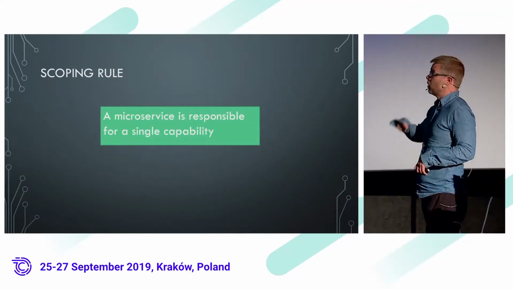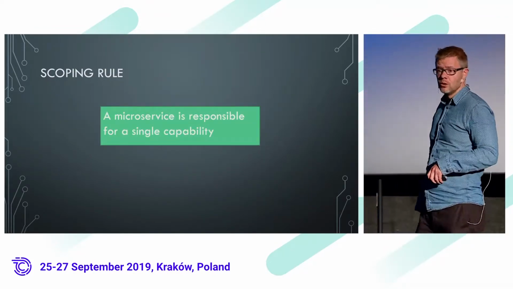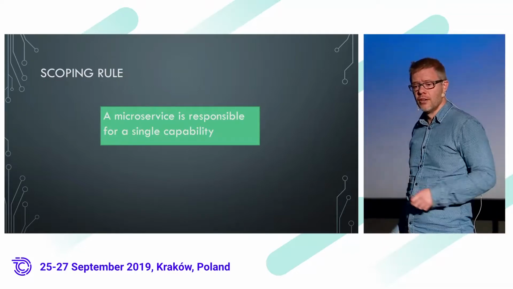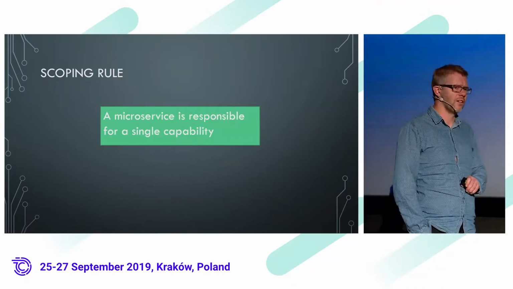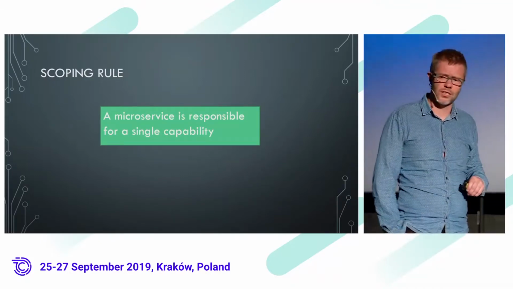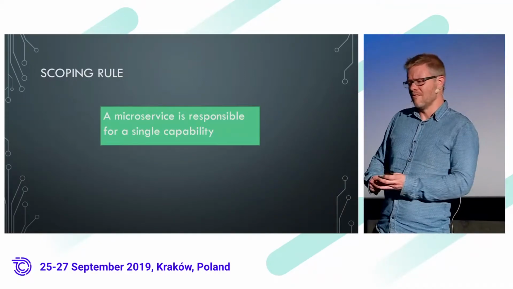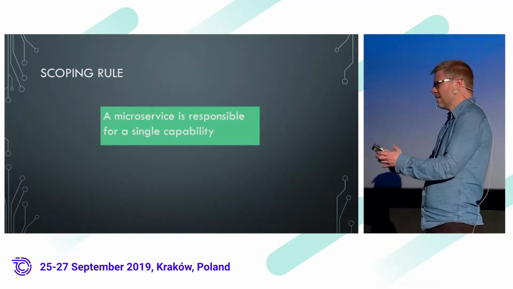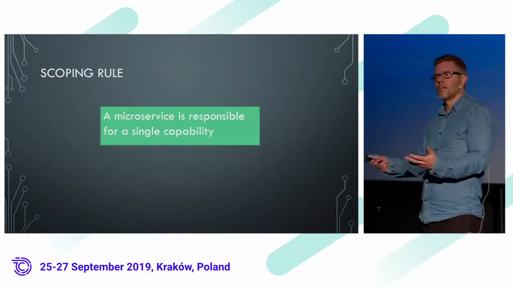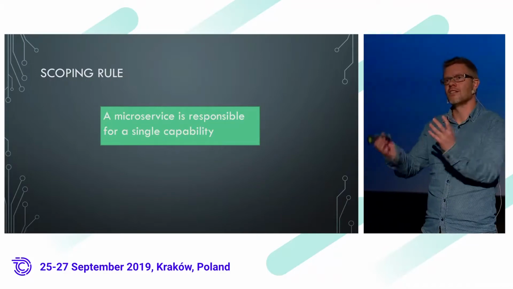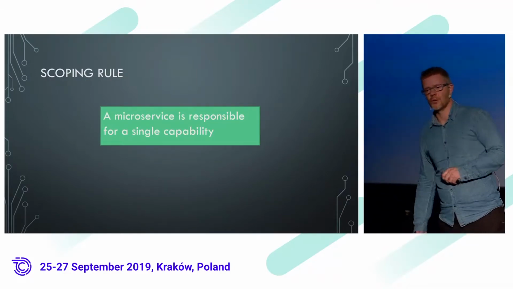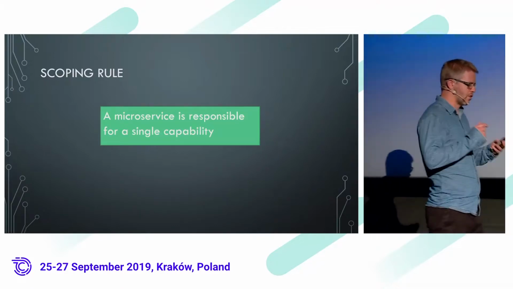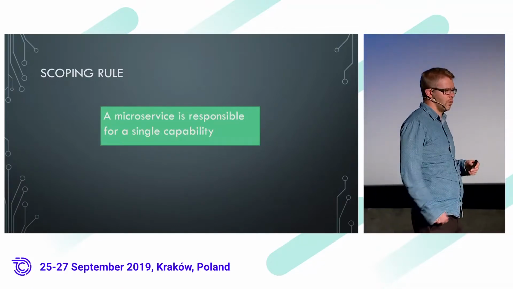Now, the two first ones I could have just put into this rule, so we can make it even shorter, that a microservice should have a single capability, and it kind of actually also takes the last one into account, because if it has more than one capability, then the number of dependencies rises and so on, and that means that we can't really have as efficient work. So it really comes down to looking seriously at only having that one capability.